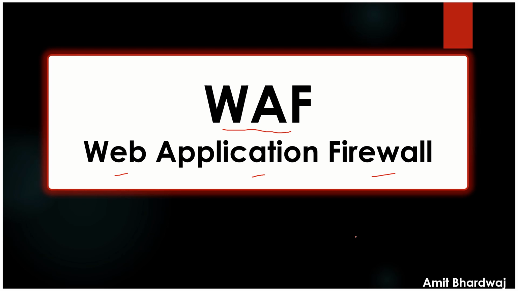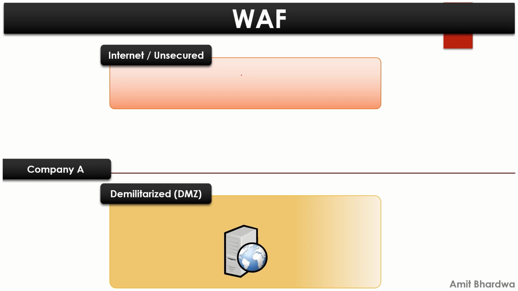So here we start. In this slide, we have two components. On the top is the internet, which is an unsecured setup, that is from where the users and the hackers can use the services or reach the servers on which the application is hosted, and this server, this application, is in the demilitarized zone for company A. Now, let's say a scenario where a hacker